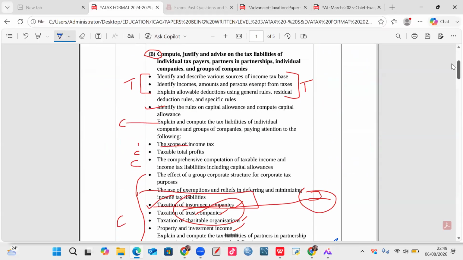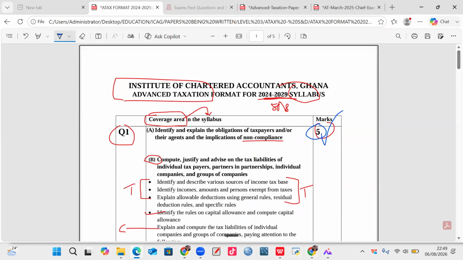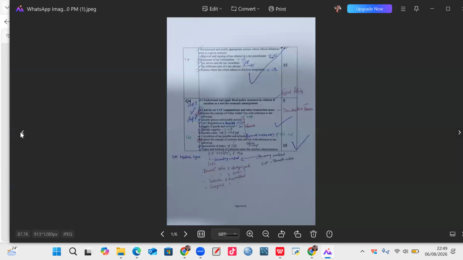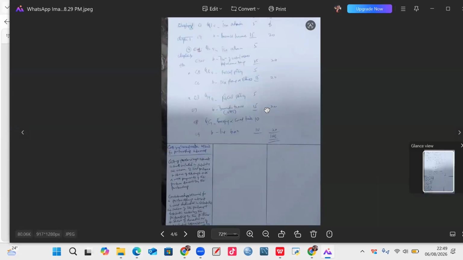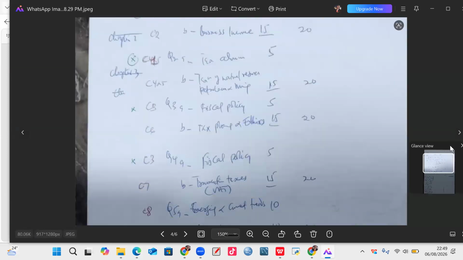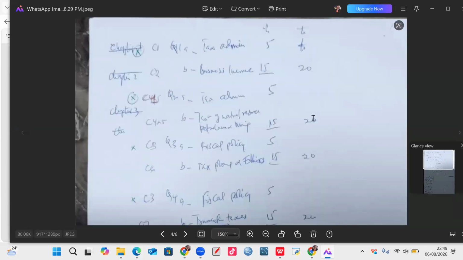So with the S&D lecture notes, know that the questions are structured, and whichever lecture note you are using, and I hope you register with S&D, which will be good, right? Whichever lecture note you are reading, if the structure of the lecture notes has been outlined as tax administration, know that anything on tax administration has 10 marks, 10%. Let me put a percentage sign here.